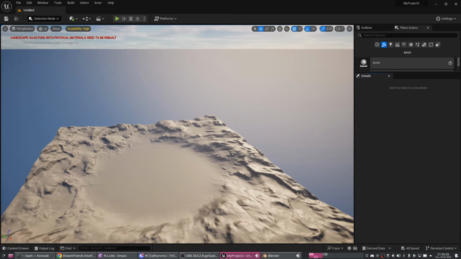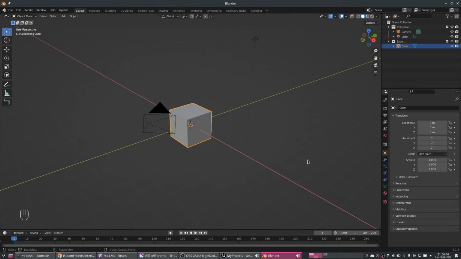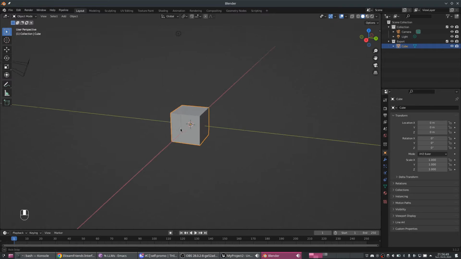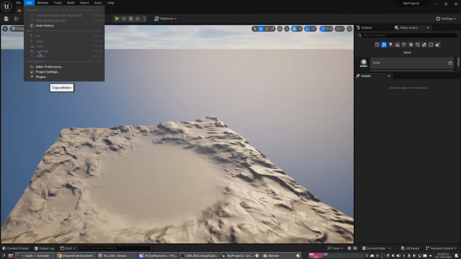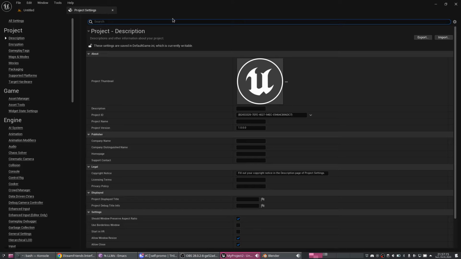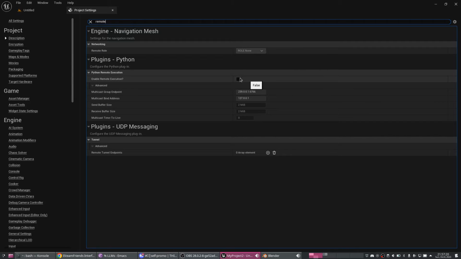Hello. So you upgraded to Unreal Engine 5.3 and your CentOnReal plugin stopped working. You created a project, you pressed Alt U, and it says could not find an open Unreal editor instance. Like, oh yeah, I forgot to enable remote execution. So you do remote execution, you enabled it,